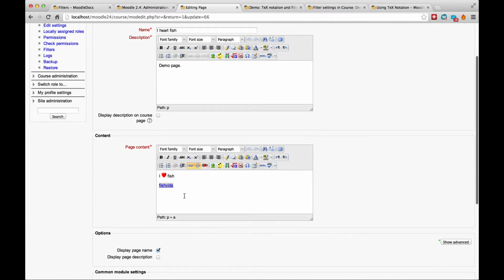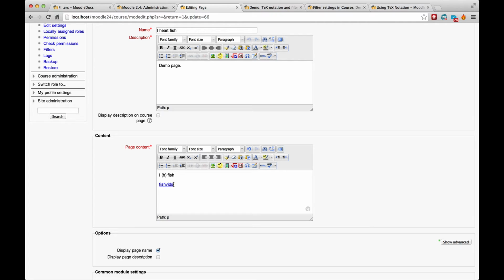So I've got 2 bits here that the filter's working on. This first one is actually embedded now. This is an image. There we go. If you want to manually insert your images, you can do it that way. I actually just typed a shortcut for it, so H in brackets. To embed my video,